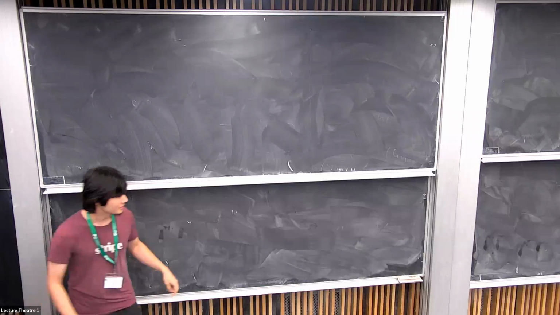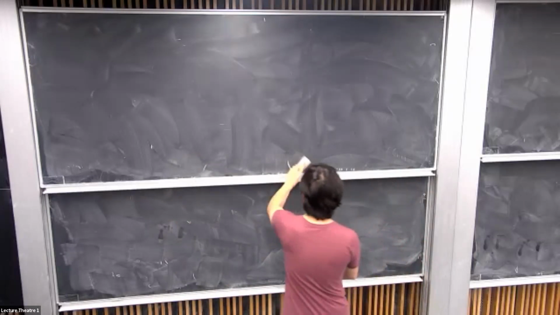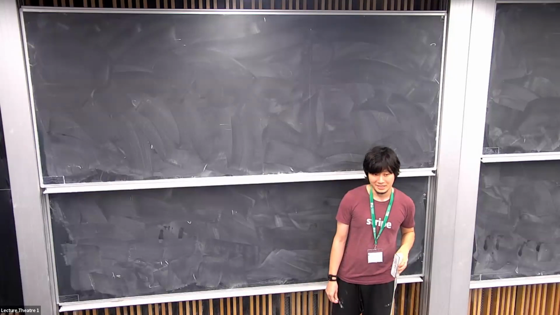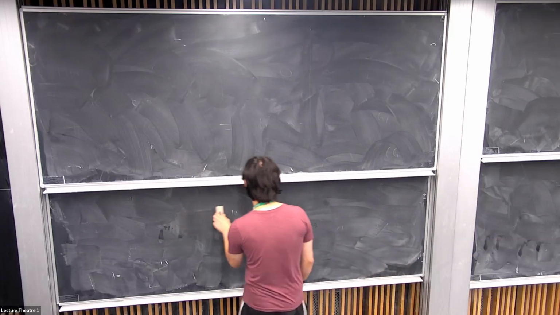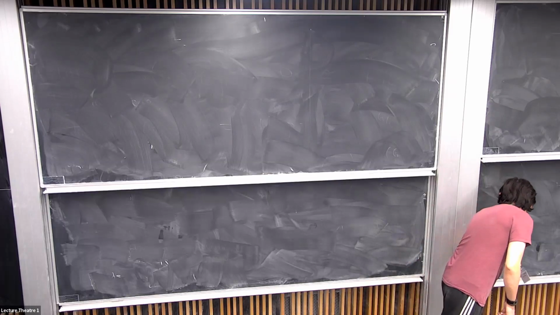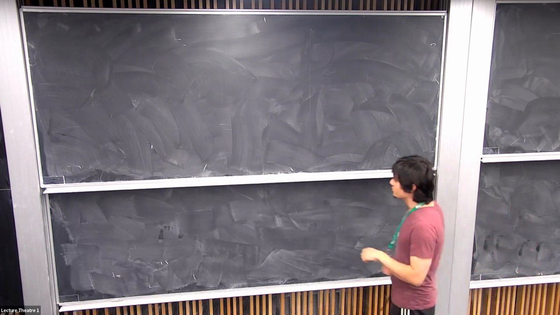Talk about an application to representations of affine algebras and barely mention W algebras, and hopefully in the last 10 minutes I can mention something about W algebras. We'll see. So, the starting point for all this